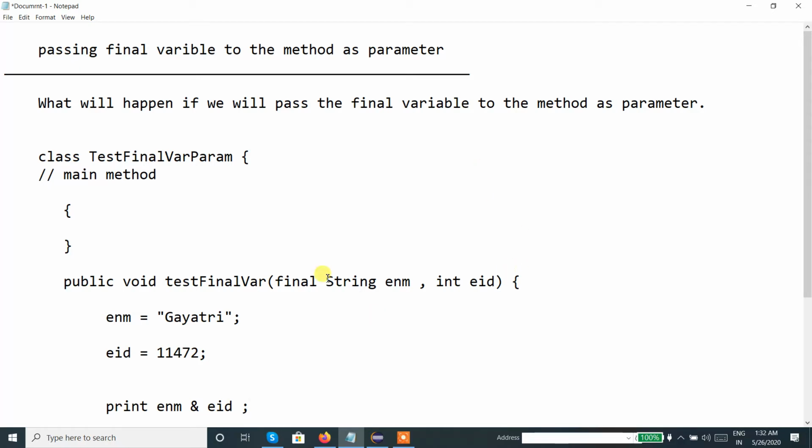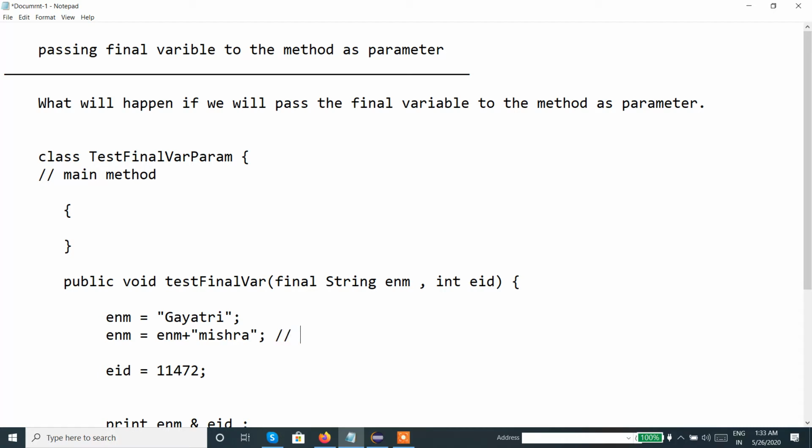Now as this is final, we may not be able to reset the variable. So if I will do something like this, see, before resetting, if I will print this enm, definitely it will print this initialized value. But what if I will write enm equal to enm plus Mishra?